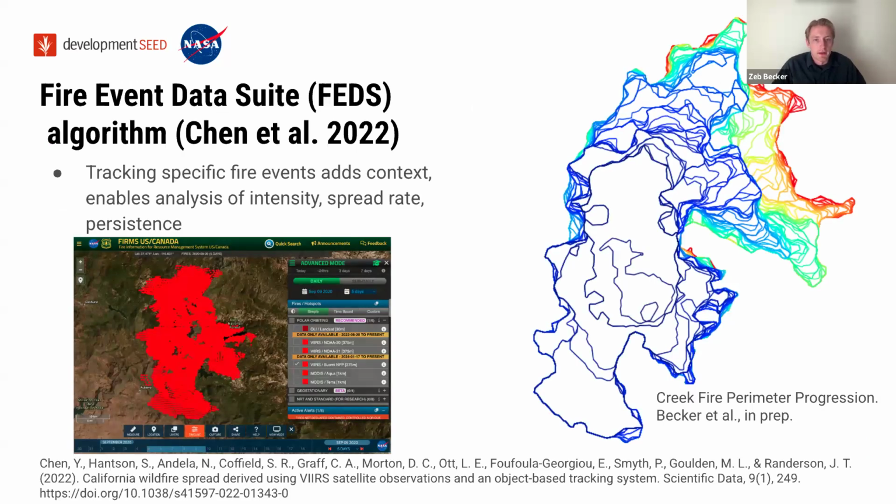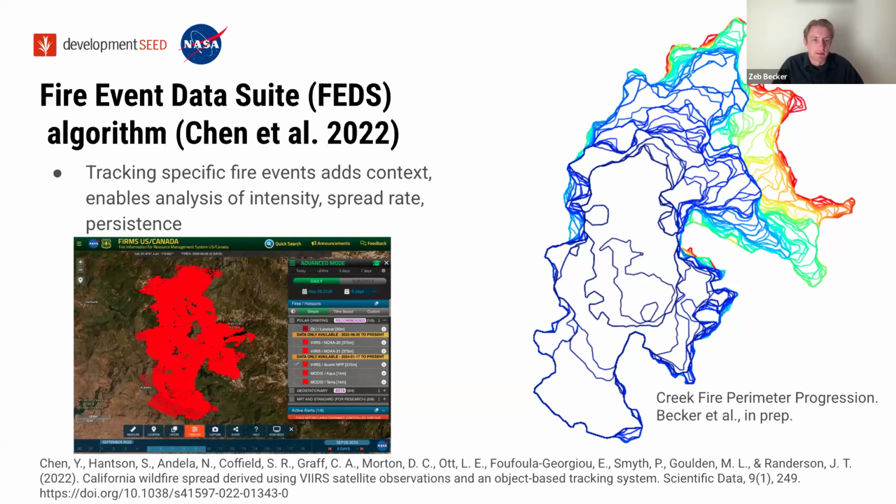FEDS is what you saw in that GIF beforehand. We're using an algorithm that's tuned to the underlying fuel type to cluster spatiotemporally adjacent detections into individual fires, estimate the perimeters of those fires, and then track their growth over time. I like to think of this as adding context on top of the raw active fire detections, rather than looking at fire activity from the perspective of, oh man, we had a lot of hot pixels over here today. This allows us to ask questions about how individual fires grow and die out over their whole life cycles and track them at the event level through time as well as space.